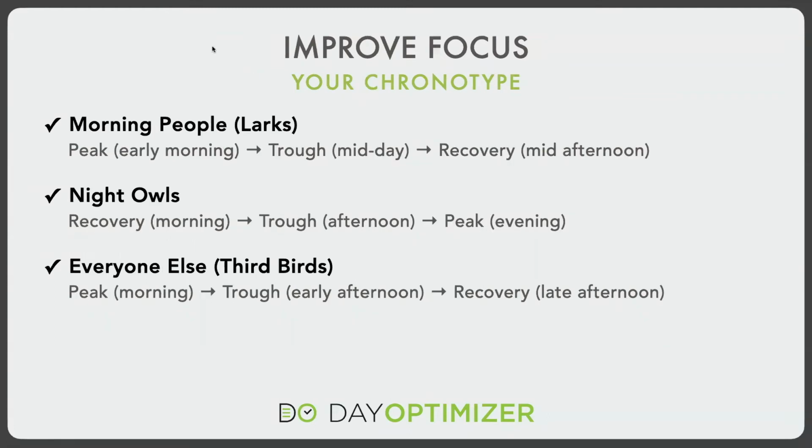Okay, so your chronotype, different people have different chronotypes. If you're a morning person, say you go to bed around 9 or 10 o'clock at night and you're getting up at 5 or 6 a.m., you're a lark, you will peak more in the early-ish morning. You'll have your trough around midday and then your recovery around mid-afternoon. If you're the opposite, like myself, you're a night owl, you'll be sluggish in the morning. You'll have your recovery more in the morning, you'll have your trough in the afternoon, and then you'll peak in the evening,